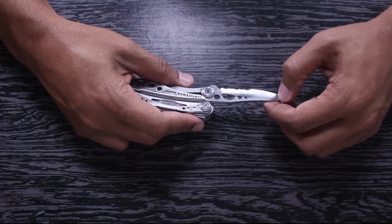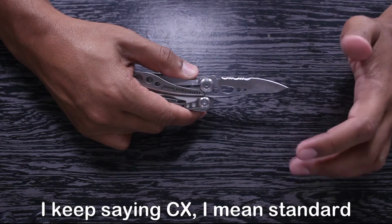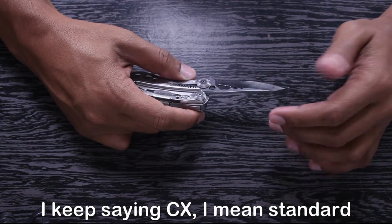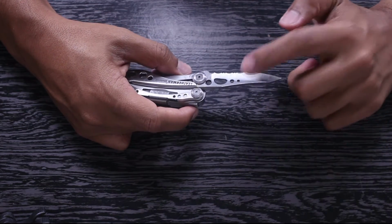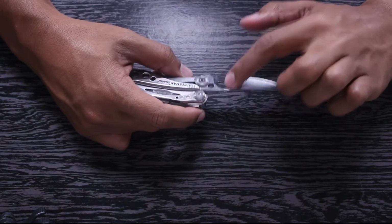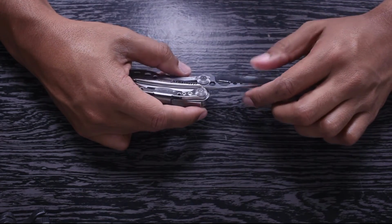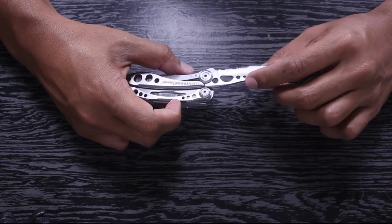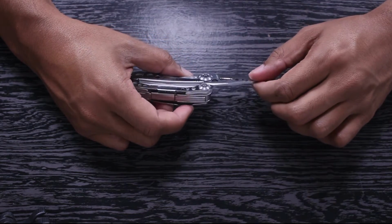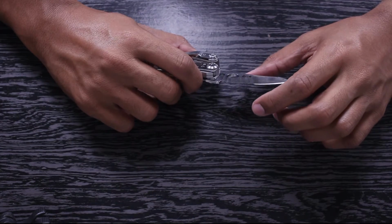So you've got your normal edge, then you've got your serrations on the same blade in the CX, and that for me is kind of what pushed me towards this one, and thus far I'm not too sad that I went that route. The blade comes pre-sharpened and is ultra sharp, and I haven't sharpened it and it's remained very sharp, so I'm very happy with the blade. I really can't complain. I use this, as you can see, my blade's a bit dirty. I use this as often as I need to use a knife, although I have been using the Benchmade Griptilian